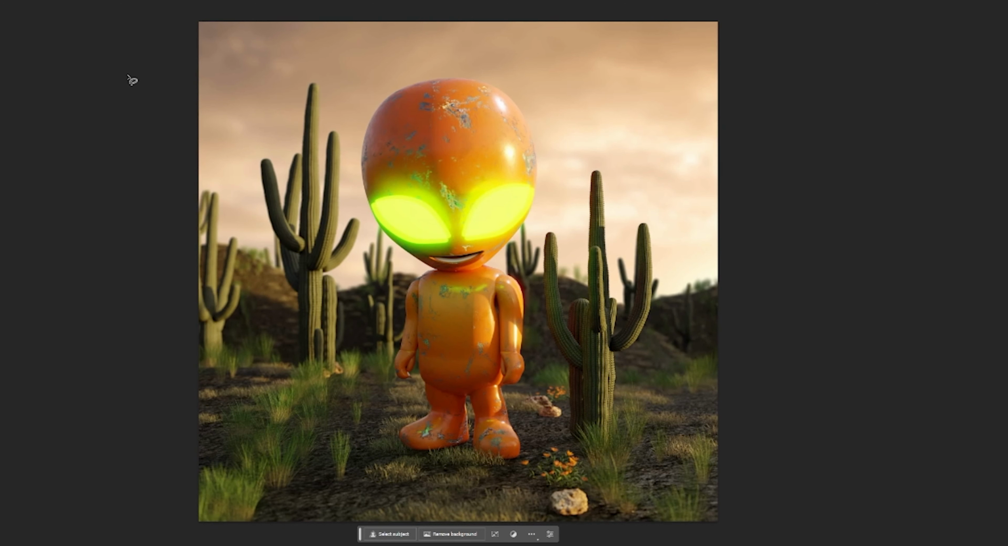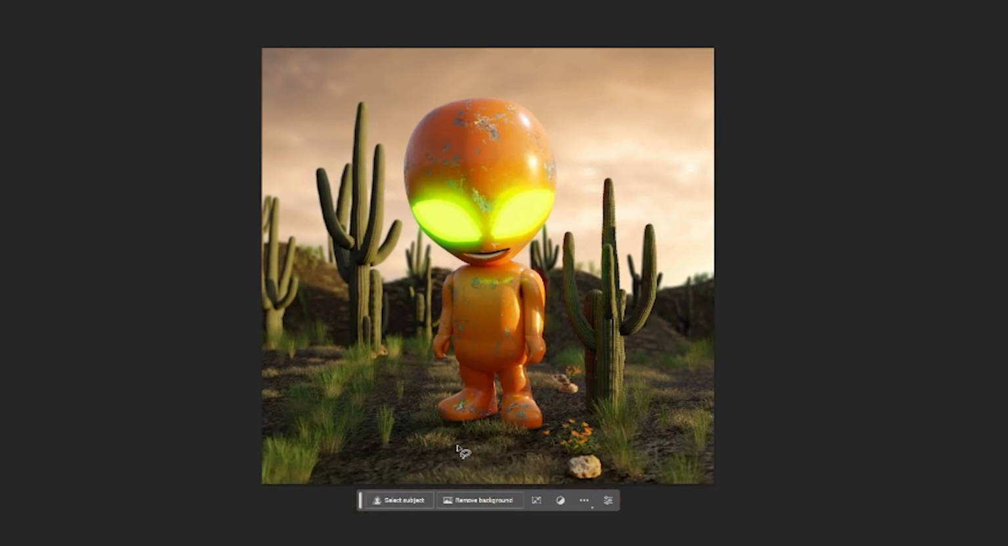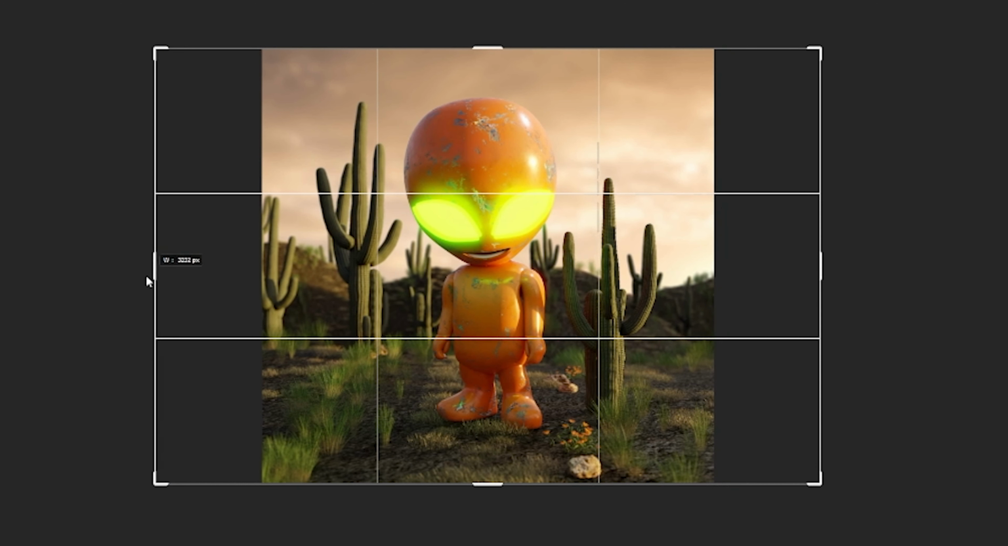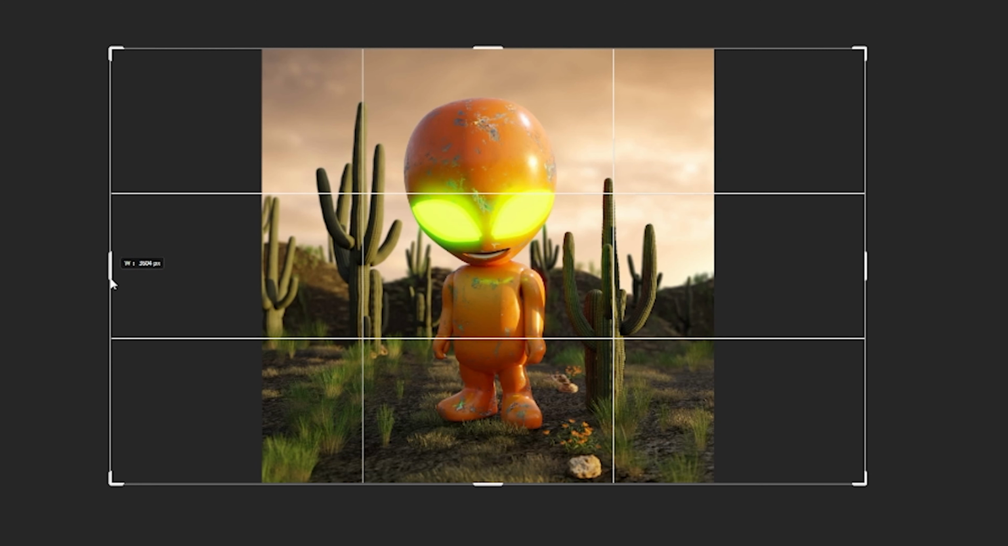This is a 3D render that I created, a character I developed called Chum. Let's see how the generative fill reacts to a 3D render. Again, I'm going to widen it to start with and see how that works. Click enter